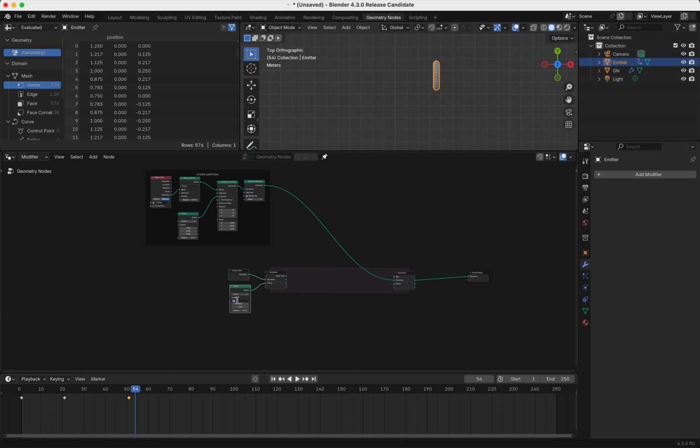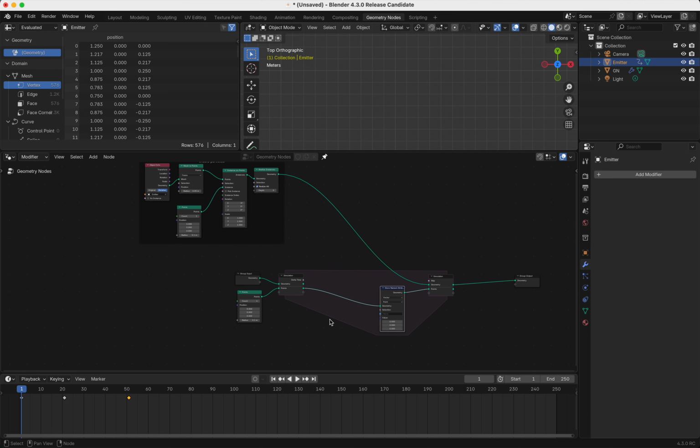Don't forget, if you add a point here and plug it in, it's just added one time, not multiple times. And then it keeps repeating between the simulation. It will go out here and enter here again. So we just have one point here. We just use this one point to store the information. So we say here store named attribute, and of course we have just a point, so we use a vector point here, and we want to store the position